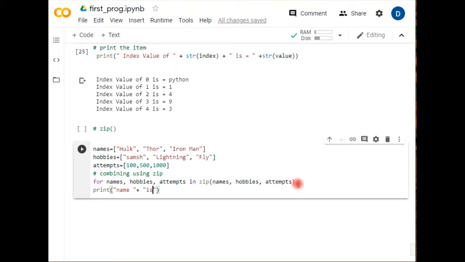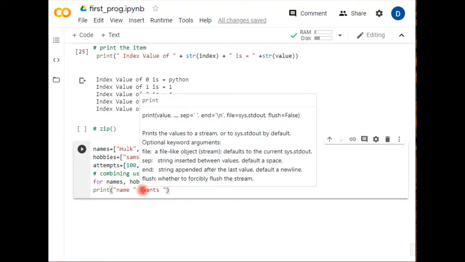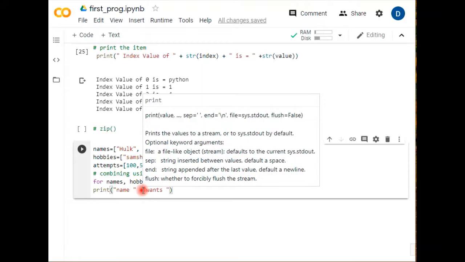So my target, I suppose Hulk wants smash. So the first part is there in a name, then I'm just concatenating this one, or you may remove this concatenation. So first name, then wants,